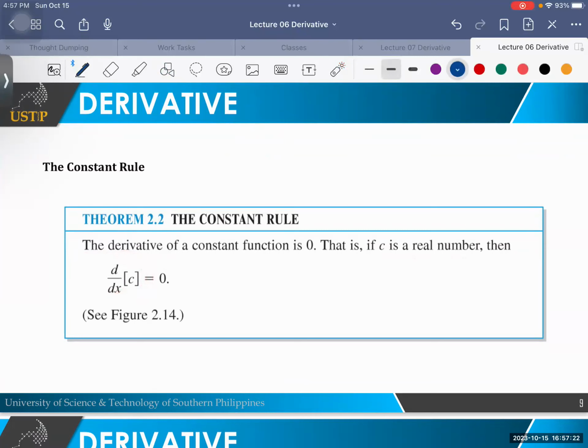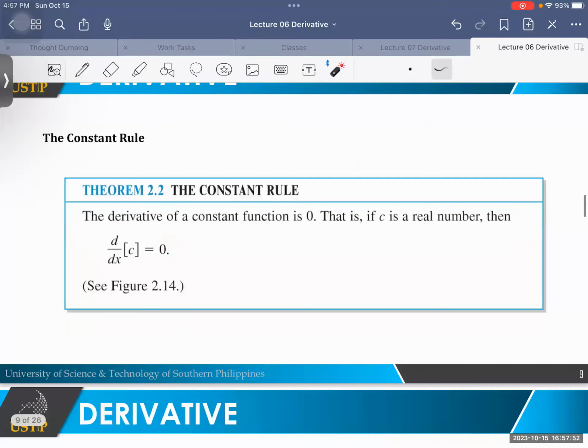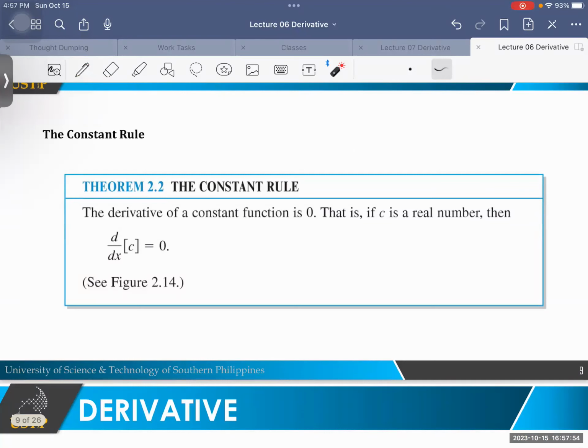So, katong giingon kaganina, there are so many notations in getting the derivative of a function, pwede d over dx, o whatever function, and y. Usahay, pwede siya dy over dx pagkasulat. Okay, pwede pod f prime of x. Getting the derivative in terms of x of the constant function c is always equal to 0. Di na ni maagi sa limits, kasi actually hold true gyud ang limits, pero tan-awon na nato graphically nga 0 ang